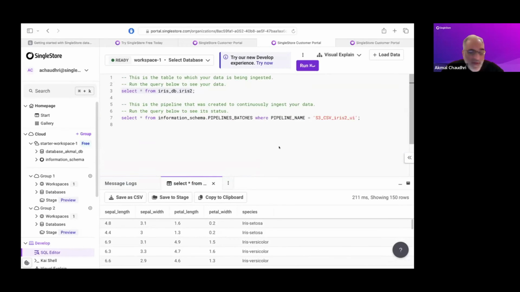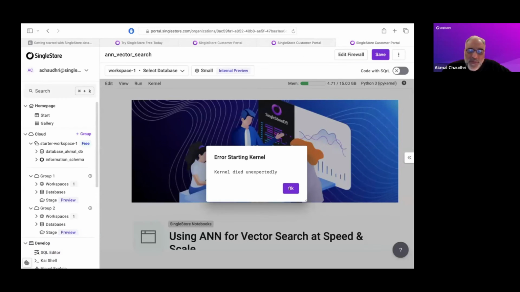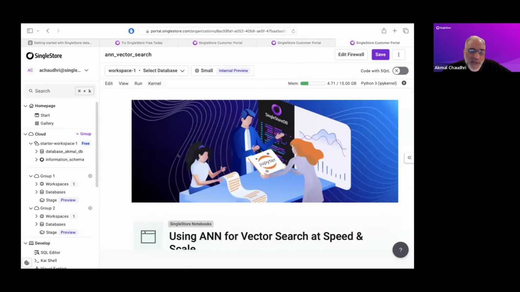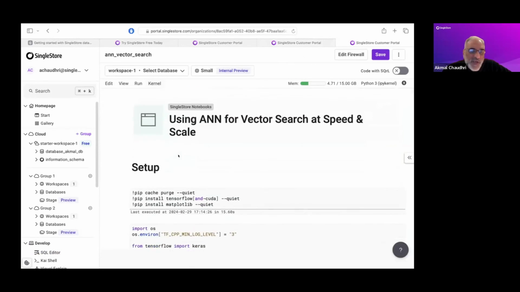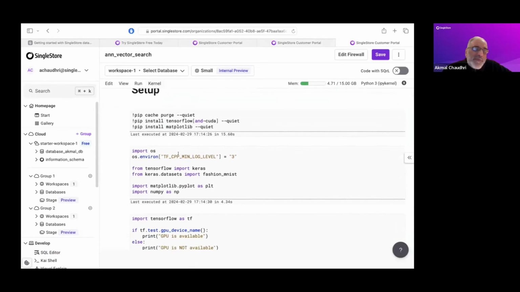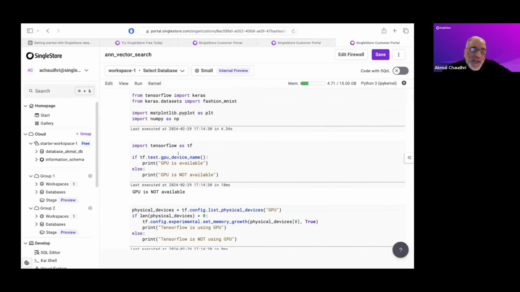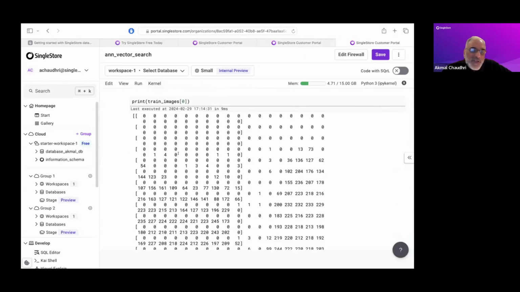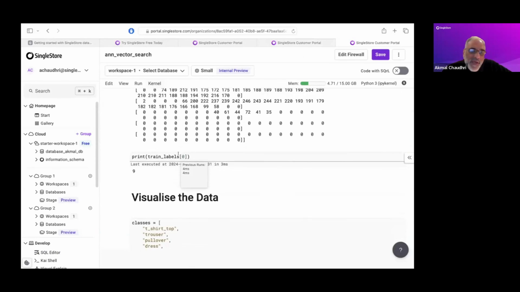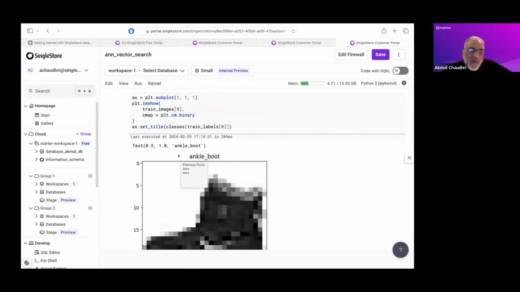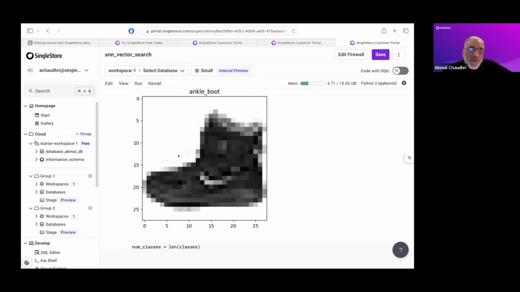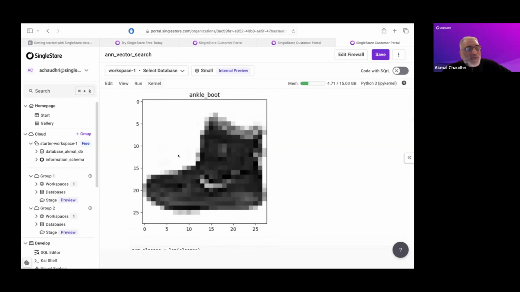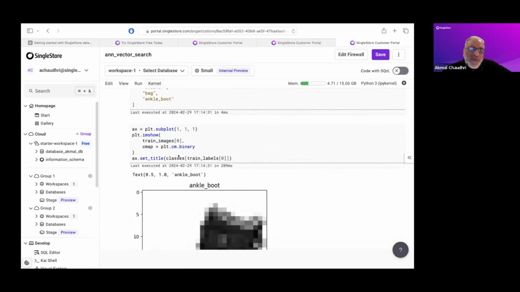So we do have, I realize we're almost at the top of the hour there, but the last thing, which again is pretty substantial here, is an example. This was something that I was working on a little bit earlier on. Abby mentioned the vector search. So this is something I used in a webinar not too long ago, actually, highlighting some of our new vector capabilities. This is using a data set from Zalando, okay, which is these items of clothing. You can see here an image of an ankle boot. There's 10 different types of clothing. It's a 24 by 24, sorry, I think it's